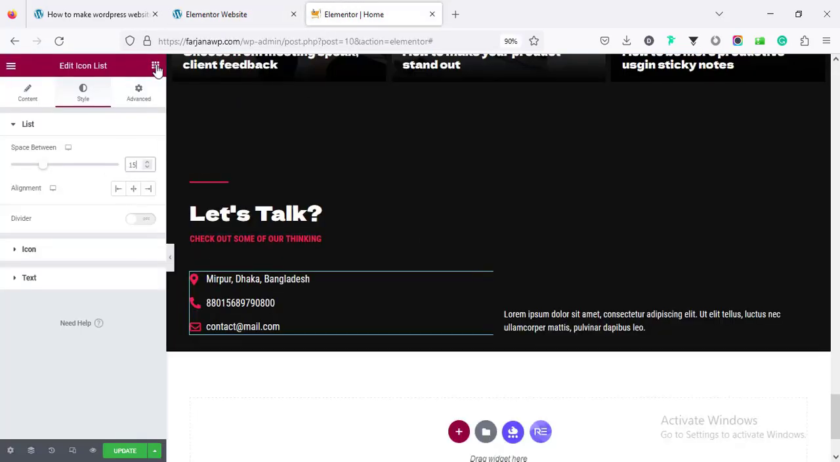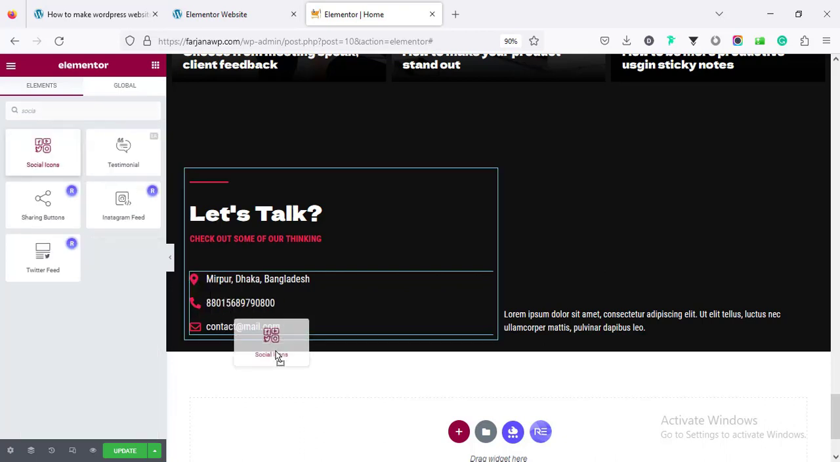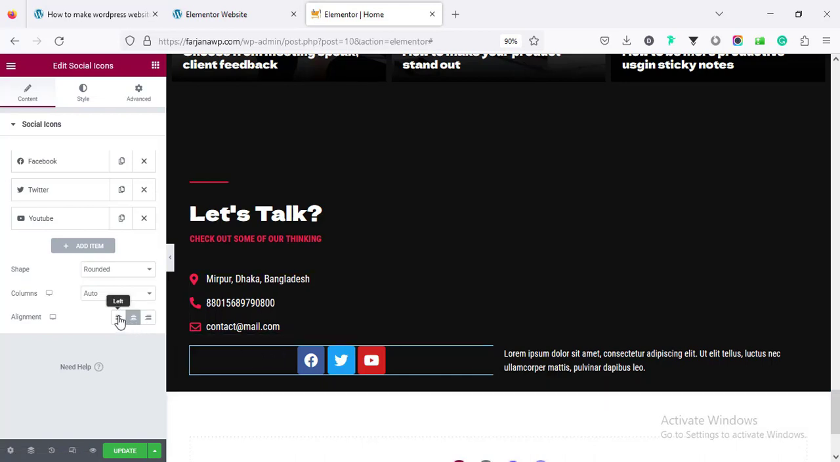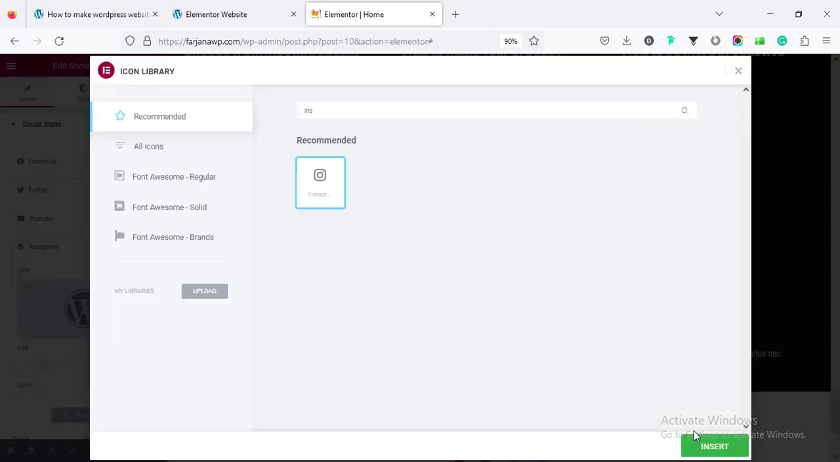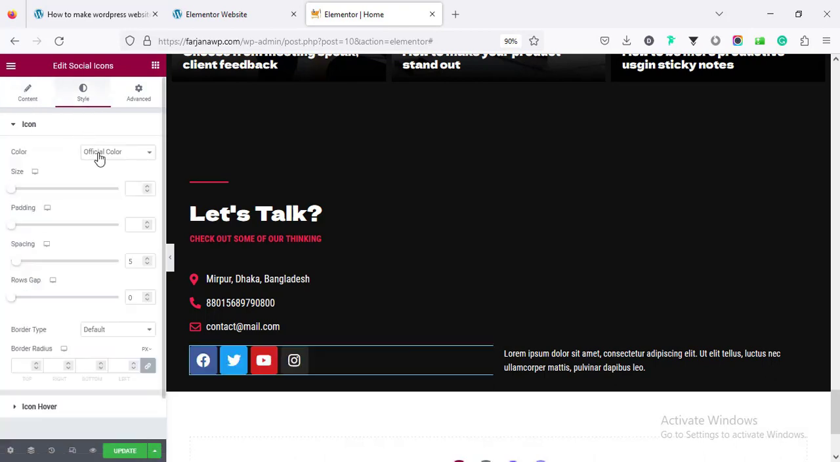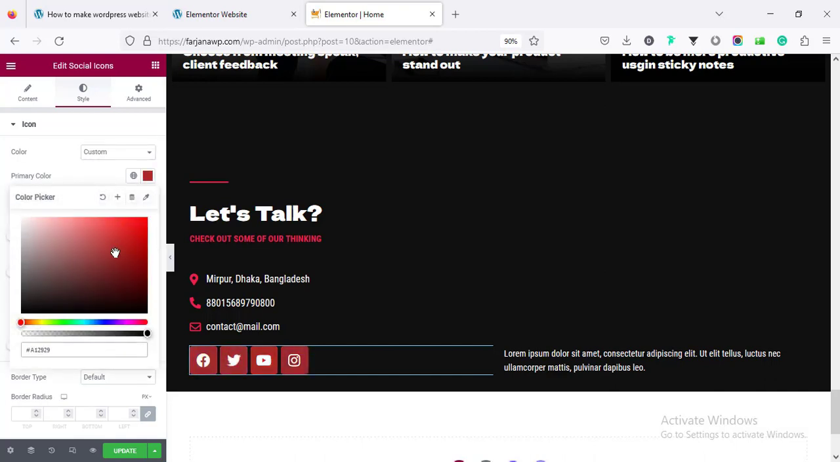and then we can add some social icon. So searching for social, and I'm taking this, making the alignment to left, and adding one more icon. We can add Instagram, and we can add more if we want. Going to style tab, color we can make it to custom, primary color, if I check, I'm making it to transparent,